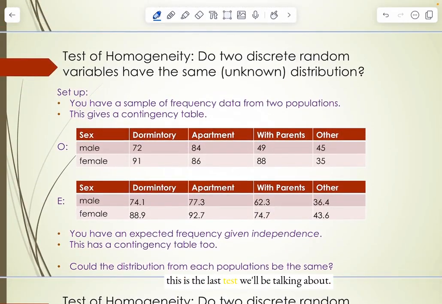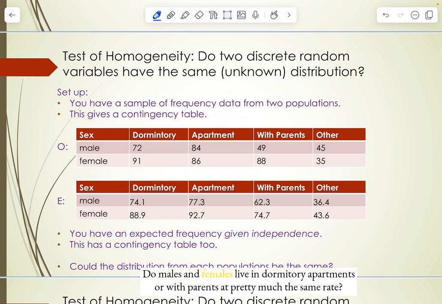This is the last test we'll be talking about. Nearly done. The test of homogeneity. Do two random variables have the same unknown distribution? We've got two discrete random variables. Do they have the same distribution? Here's an example. Do males and females live in a dormitory, apartment, or with parents at pretty much the same rate,